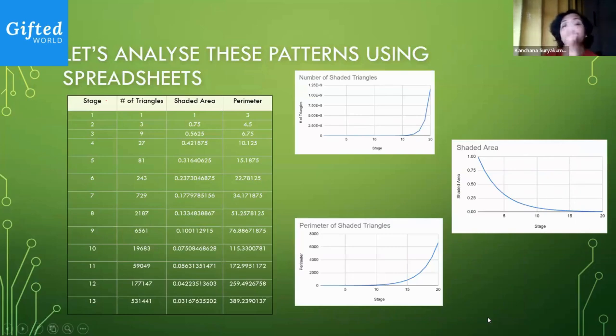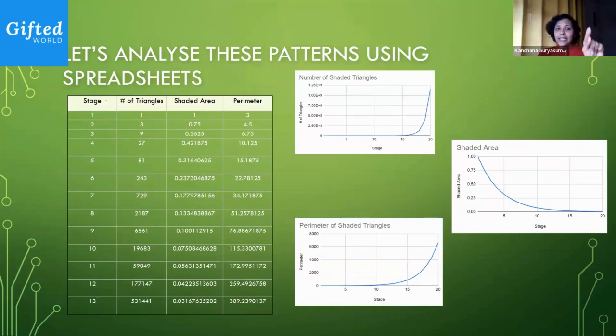Here's what I would like us to do. Let's take a minute to understand what I have done here. You all already know how to do the stage column, right? I started with stage 1 and I did A2 plus 1 and I filled it out. In my spreadsheet, I actually had about 20 values, right? Then what did I do for number of triangles? I started off with 1 triangle. As you keep going to the next stage, what is happening? You're multiplying the number of triangles by 3. So I kept doing that in Excel and let it do the work.